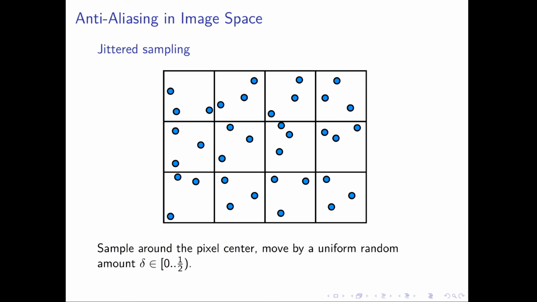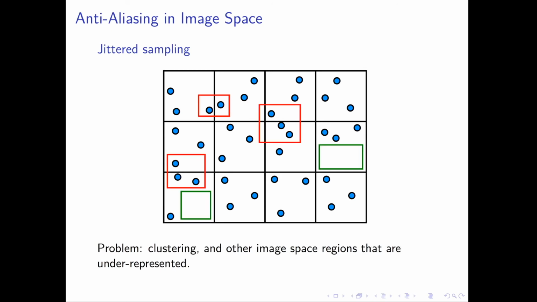And this jittered sampling pattern actually has a bunch of issues. The issues being that the samples for the individual pixels actually form clusters. On the other hand, we have certain other regions of the image plane that are actually undersampled. So this is an issue because this results in decreased efficiency of our sampling pattern, and we're generally after